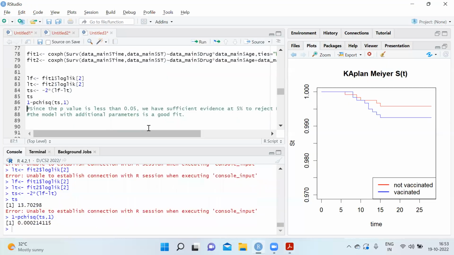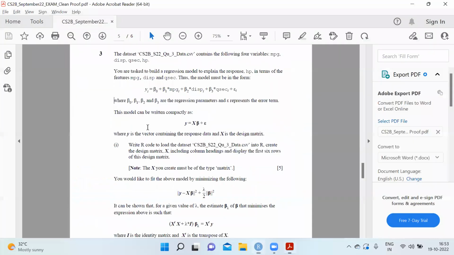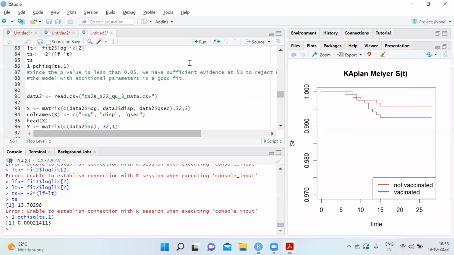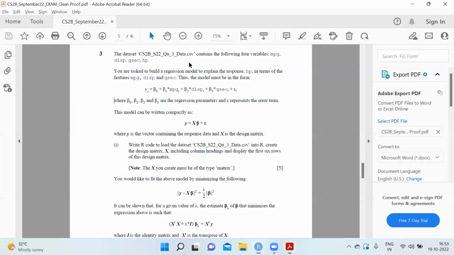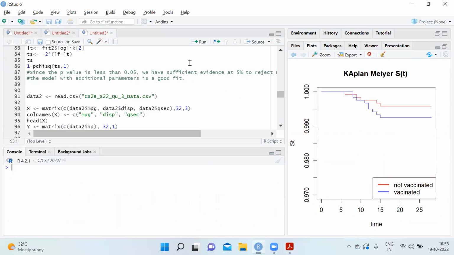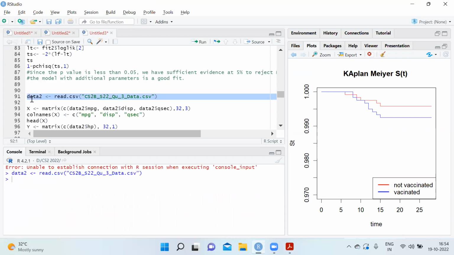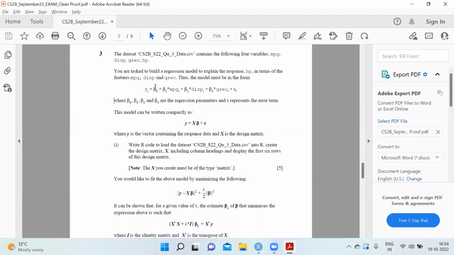Last, we have question 3, which is from machine learning. Again, our data has been told to import, so let's import this data set. First, they have told us that this data set has 4 columns: MPG, DISP, QSEC, and HP. You're asked to build a regression model to explain the response variable HP in terms of the features MPG, DISP, and QSEC. Thus, the model